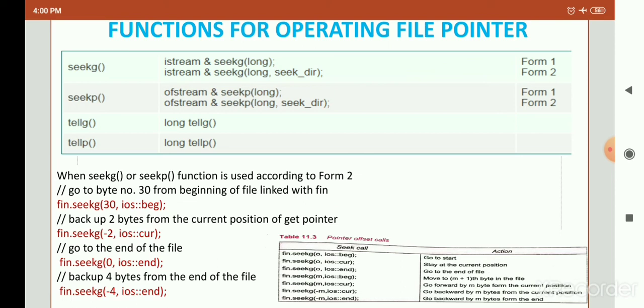Here 3 points are important in the offset call: ios::beg means go to the start, ios::cur means the current position, and ios::end means the end of the file. With the help of this file pointer you can access all locations present in a file.